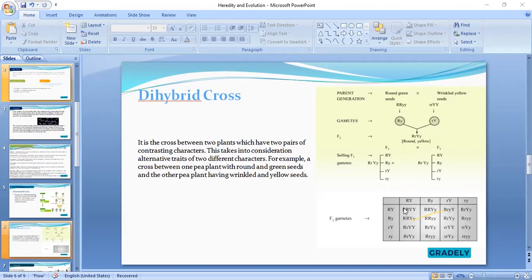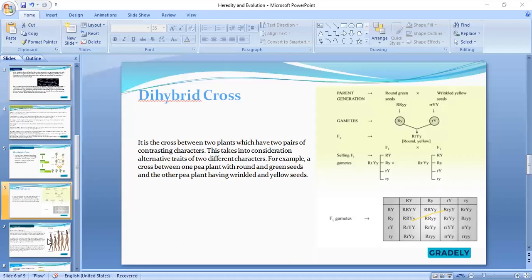Now we self-fertilize, and at the end of the day, we form this. This is what is being formed. See, it's small. Now see here, capital R, capital Y, small r, small y. So when they cross together, the R will come first, which is the shape before the color. So capital R, small r, capital Y, capital Y. So at the end of the day, this is what we have in our dihybrid cross.